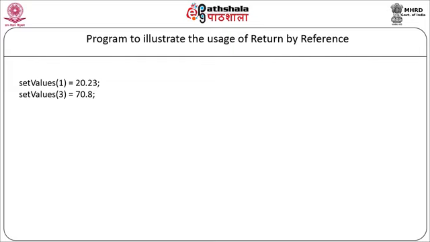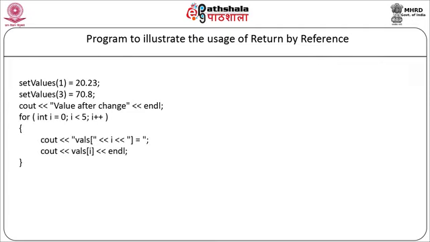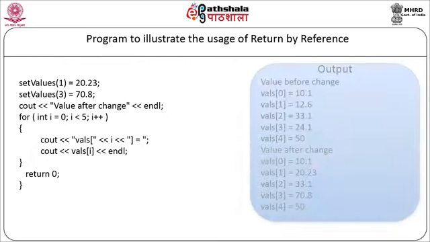Now we are displaying the values on the screen as cout "Value after change is", again with the for loop, and we are displaying the values back on the screen. Return 0 and our main program will end. So here we are changing the values of the double array at 2 positions, that is index value 1 and index value 3. When the above code is compiled and executed, the result will be: